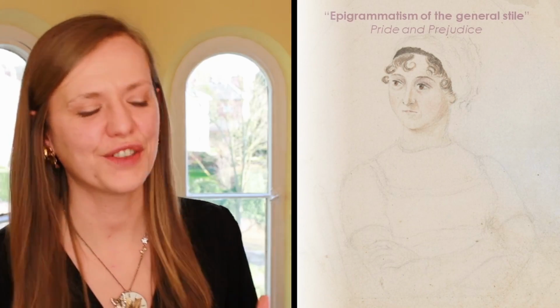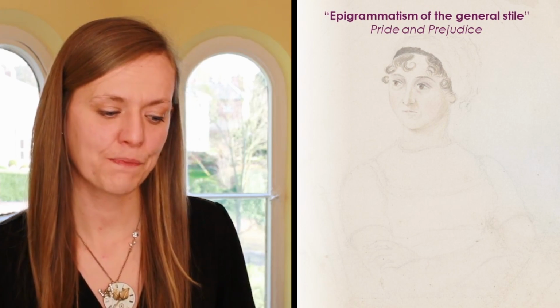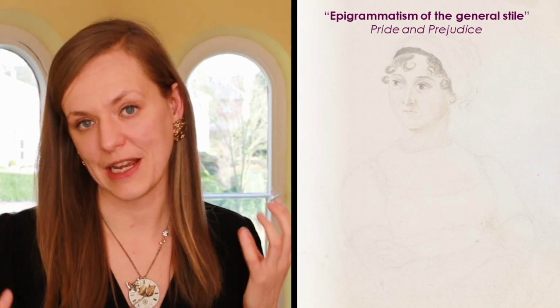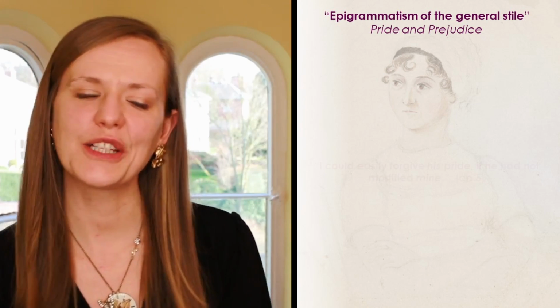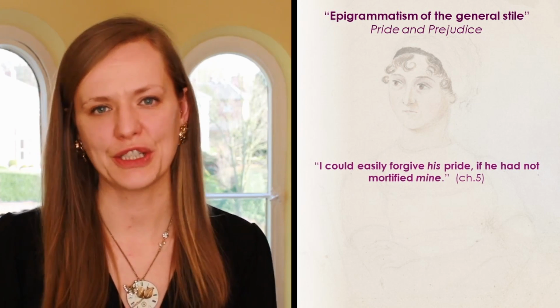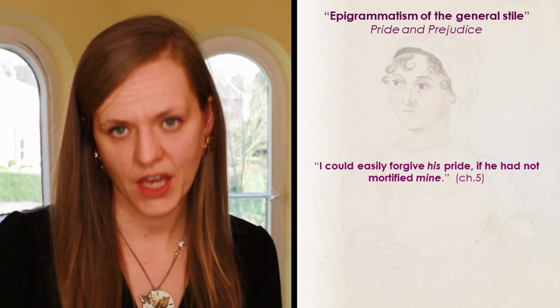Now, getting back to Jane Austen, who I started with, who was a great admirer of Samuel Johnson, who I quoted earlier. She is unlike some of her contemporary Romantic period writers in celebrating delightful epigrammatism, particularly in the style of Pride and Prejudice. So let us examine some examples from the novel, and all these examples are from Elizabeth Bennet's dialogue. Early in the novel, Elizabeth Bennet is talking of Mr. Darcy's snubbing of her to Charlotte Lucas, and she declares, "I could easily forgive his pride if he had not mortified mine."